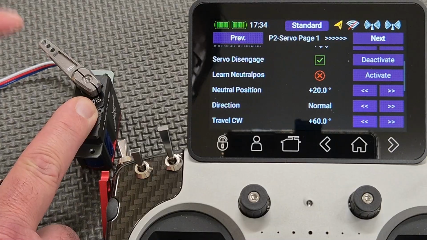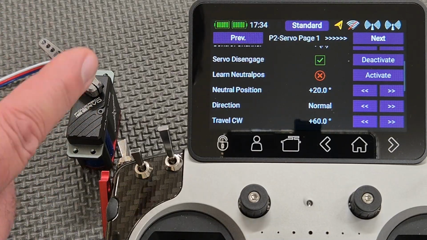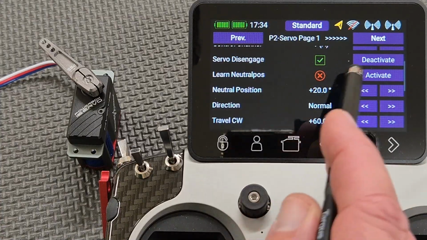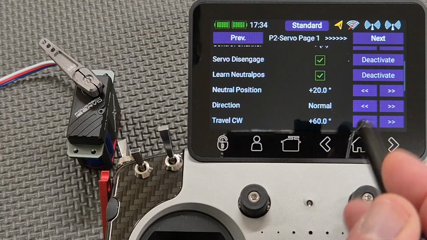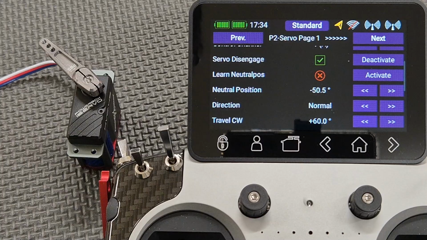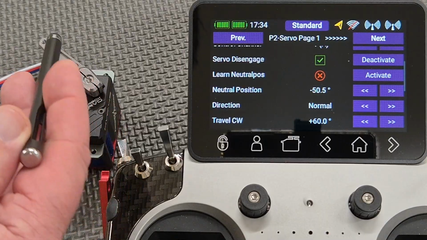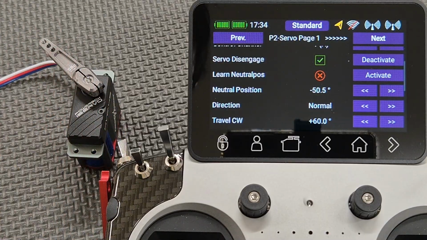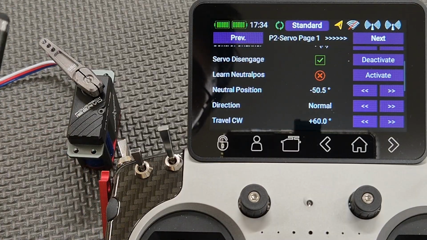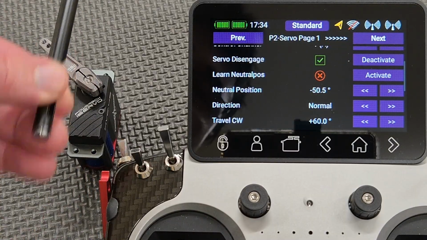So I put it over here and I've lined everything up, eyeballing it. Looks good on my aircraft. And I'll say, okay, I want to save that as my new neutral position. So all you need to do now is go activate. And you'll notice here the neutral position is now changed to negative 50 degrees, or negative 50.5 degrees, because that's the new offset from its inherent neutral. So don't forget, the servo knows that its standard or saved neutral, normal neutral, is straight up and down,